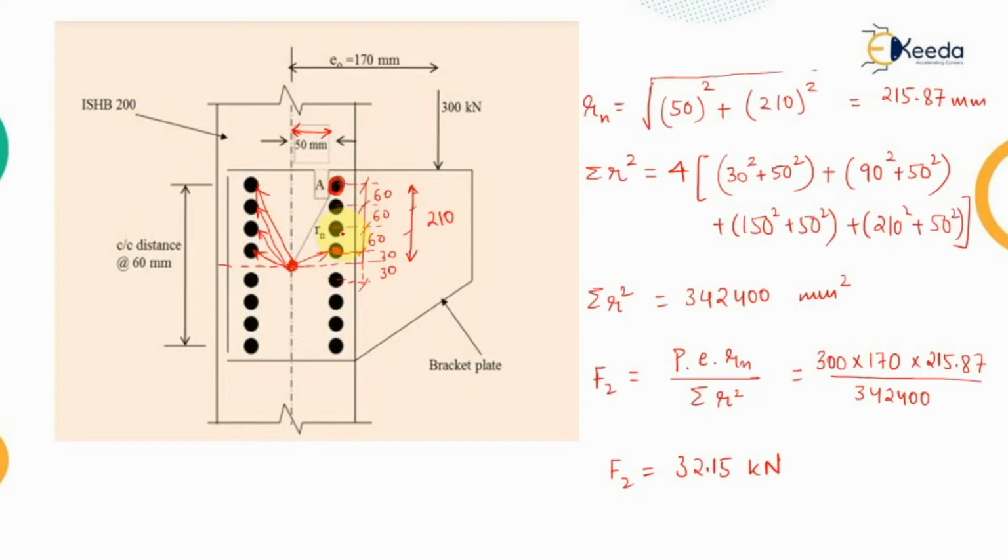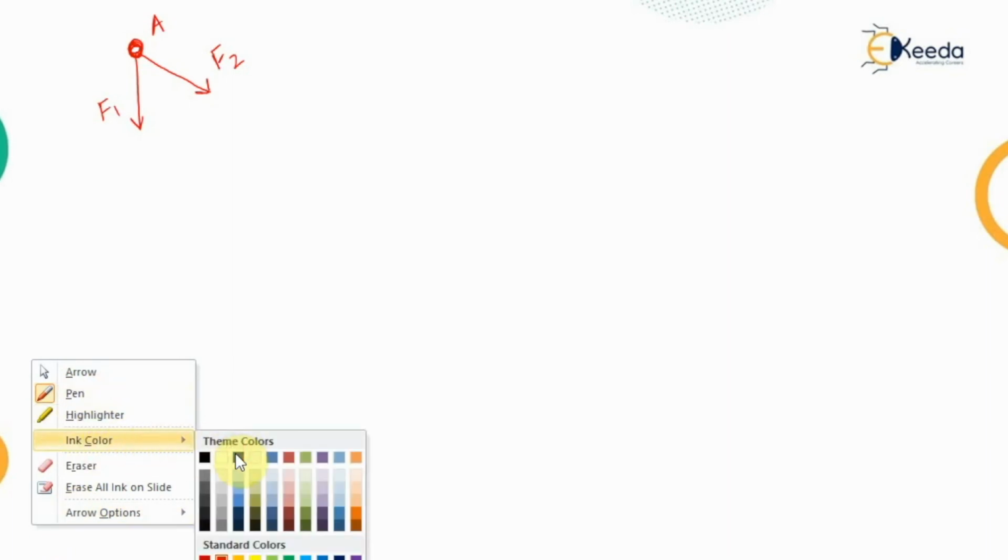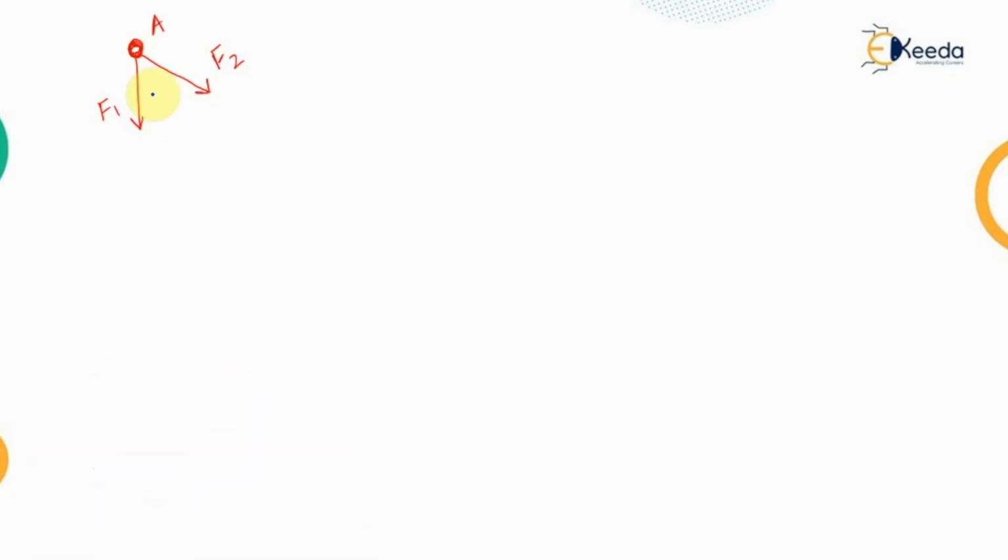Now we need to check for the resultant, and then we need to compare the resultant with the strength of the bolt. So if we check, this is the critical bolt, this is the F1 value, this is the F2 value which is acting on it because of the moment or the torque which is present on it. Now the angle between these two forces is represented by theta. So this theta is to be calculated, and based upon this we will be writing down the resultant because of these two forces.